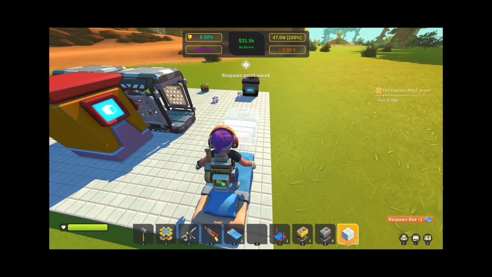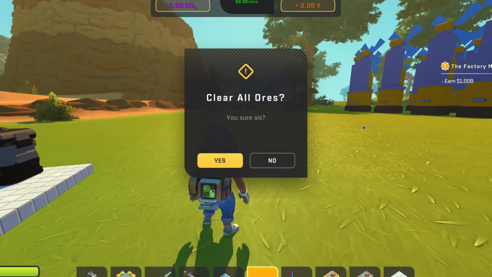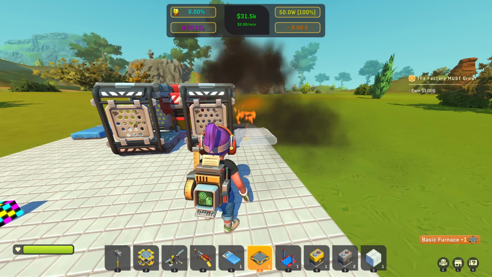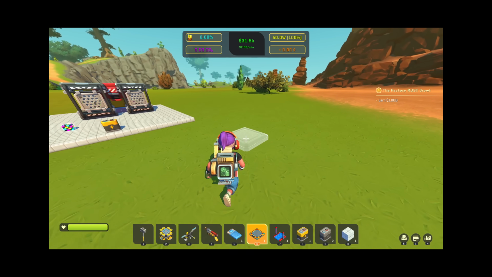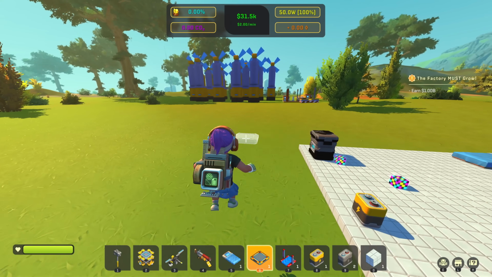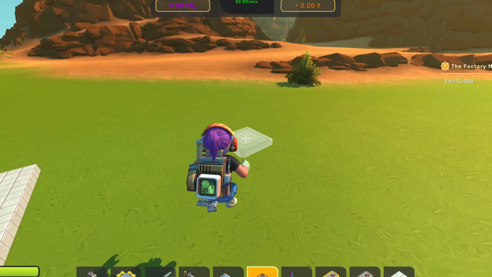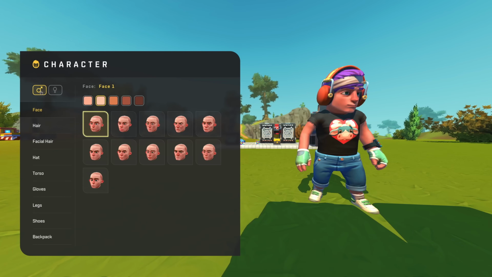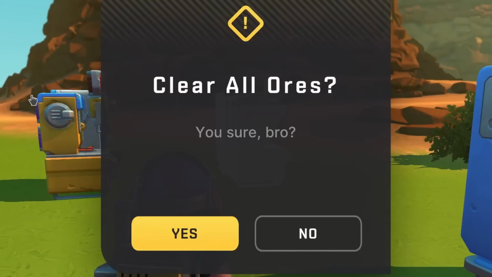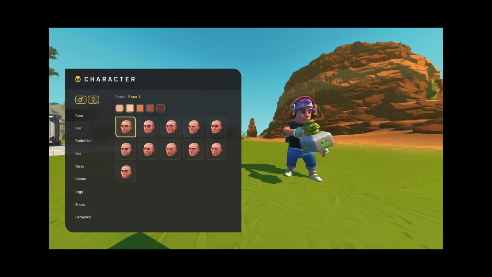This is so silly. Okay, another thing, when we open the... Oh, now there's one ore, but yeah, it actually destroys all ores, and that can help you. Now it says "you sure sis." I think someone wanted to compliment me, and we're just going to make this gender you correctly, which is a very important feature in the mod anyway. I know. Right now it calls me sis. Now if we change gender real quick, it should say bro. Oh gosh, I wish it was this easy in real life.